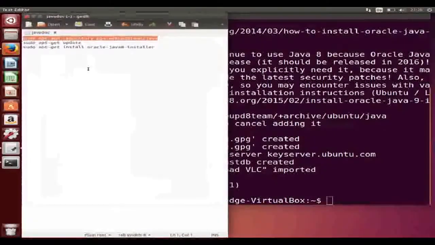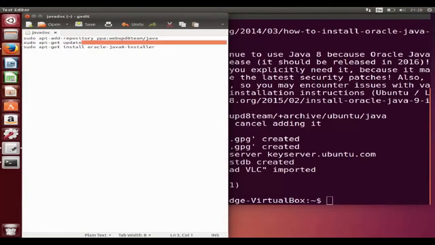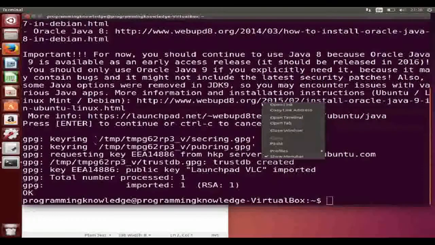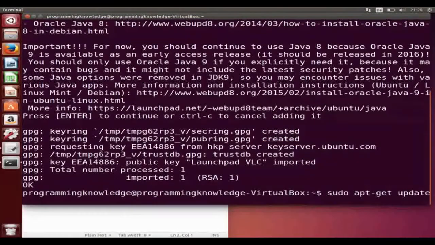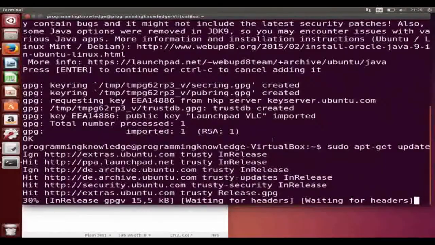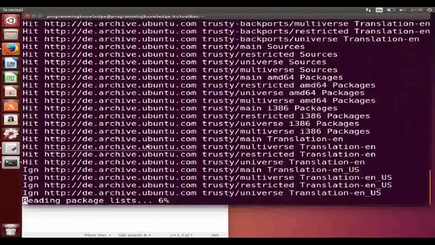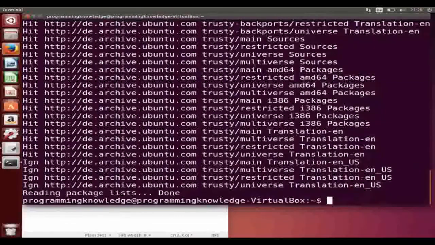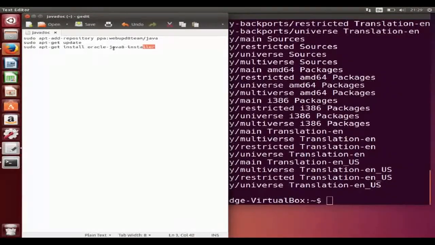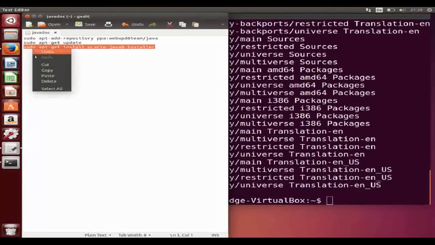Now the second command is to update all the repositories, so just copy sudo apt-get update and paste it here once again, and once again press enter, and this is going to update all the repositories. Right now the third command is actually the command to install Oracle Java JDK. Okay, so once this is complete, we are going to just copy the third command, which is sudo apt-get install